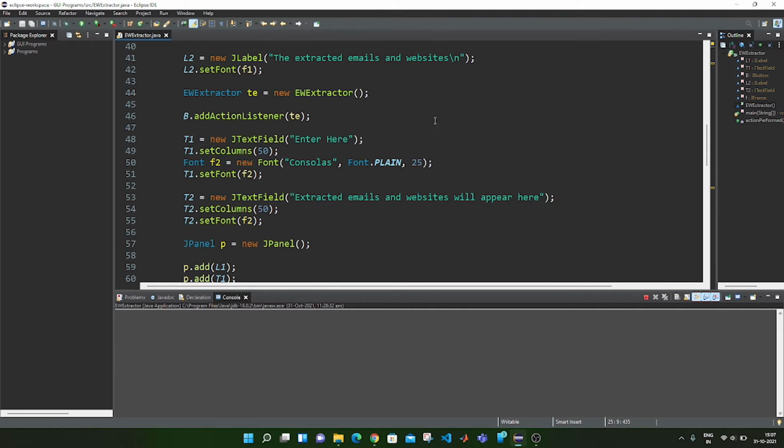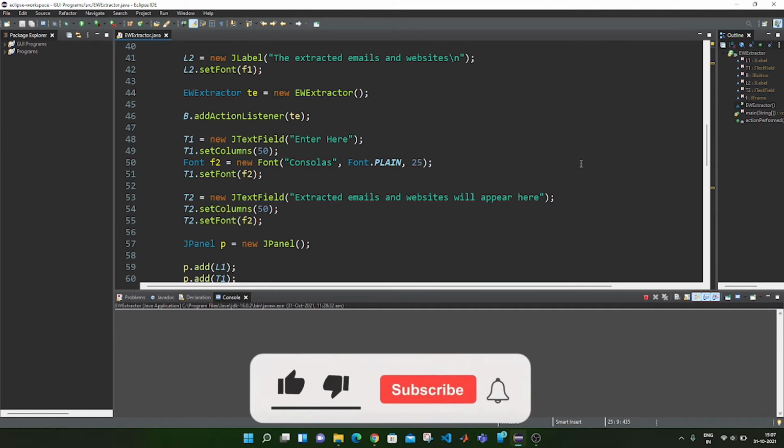And then we are going to enter some values inside the text fields. For T1, we are going to enter the string entered here and set the fonts and do all the configurations as well. And we are also going to create the next font, which is F2. It is going to be of Consolas and it will be of plain type, and font size will be 25.